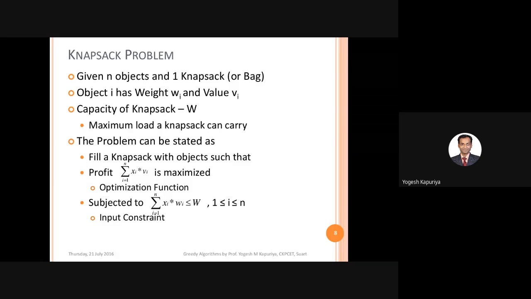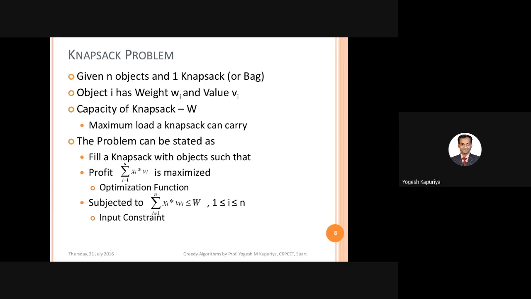As we know, greedy solves optimization problems. Optimization means either you are minimizing something or maximizing something. So here is the case of an optimization problem which tries to maximize the profit while selecting objects from the list of objects available.